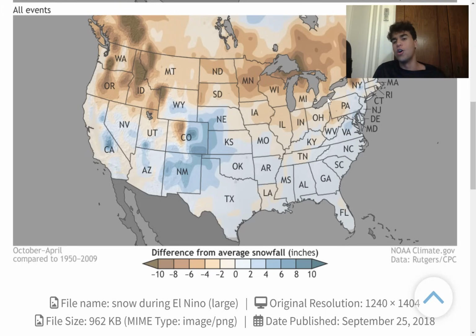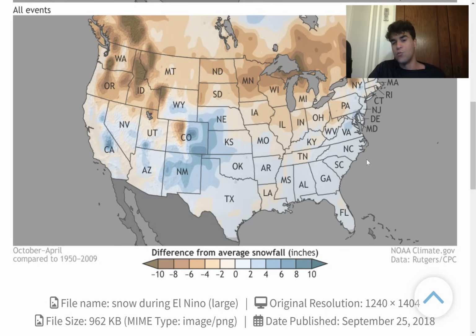So the first thing we need to take a look at is, of course, what the snowfall anomaly looks like during El Nino years, compared to a long-term average between 1950 and 2009. So there are plenty of years for certain El Nino years to compare to. And what we typically see during an El Nino when it comes to snowfall accumulation is that the southern United States, for the most part, experiences more snowfall than usual,